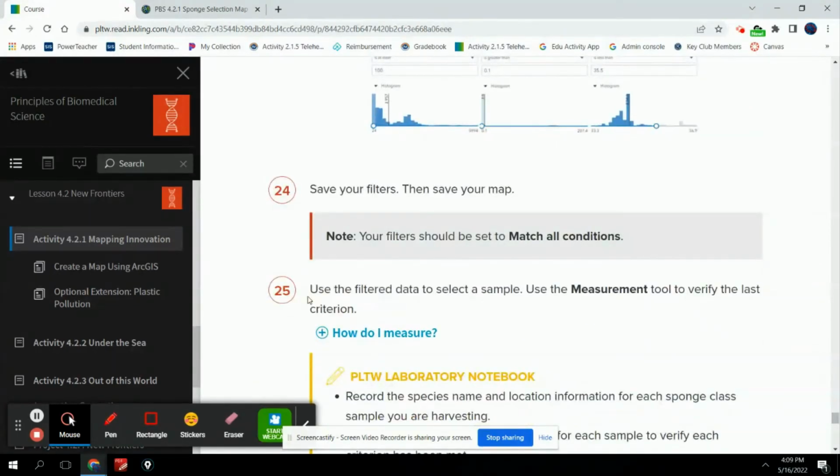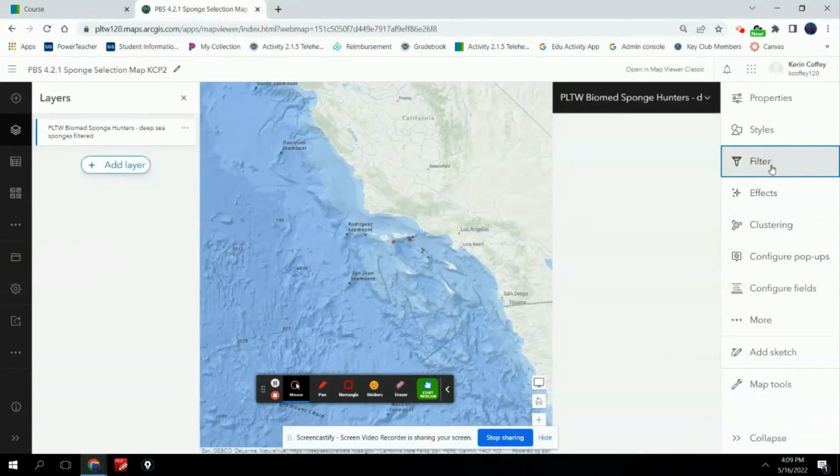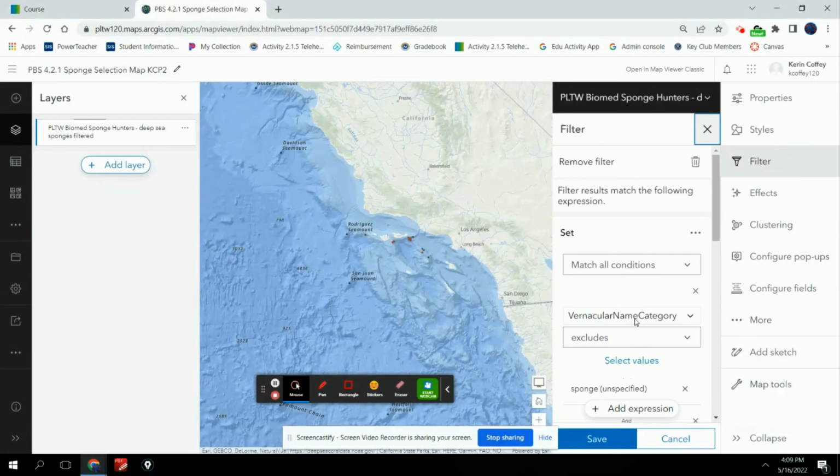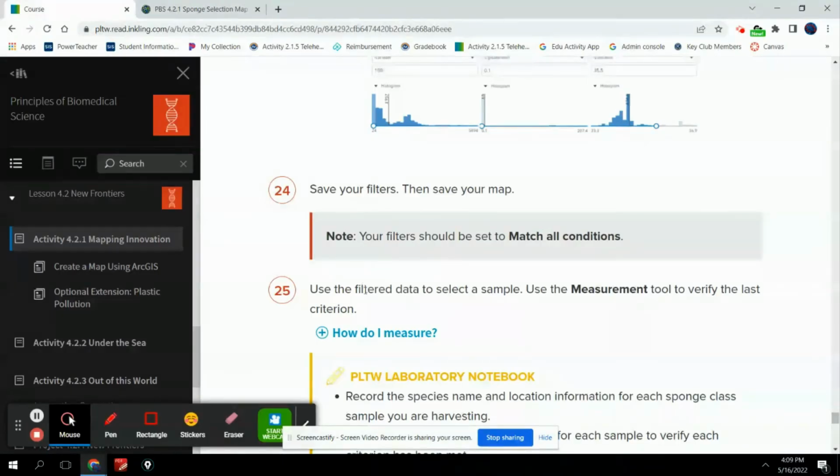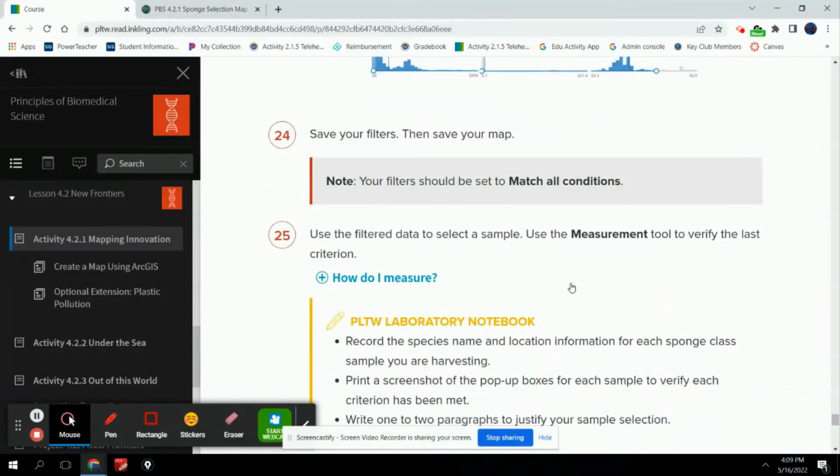We did all of that. Our filters should be set to match all conditions. Let's just check to make sure that that's the case. Filters, match all conditions, so we're good here, good to go. All right, and then it says use the filter data now to select a sample. Remember the last thing you have to do, the last criteria was that they have to be less than 250